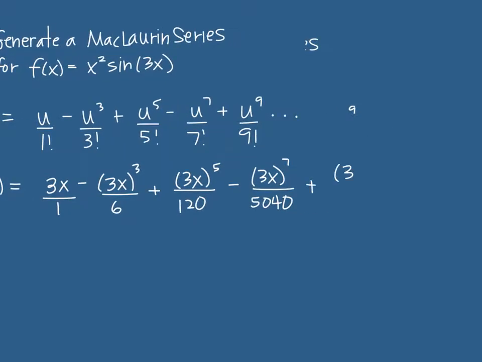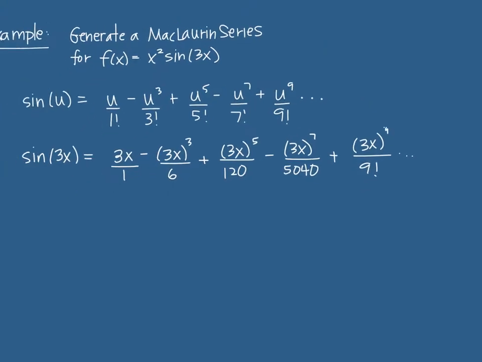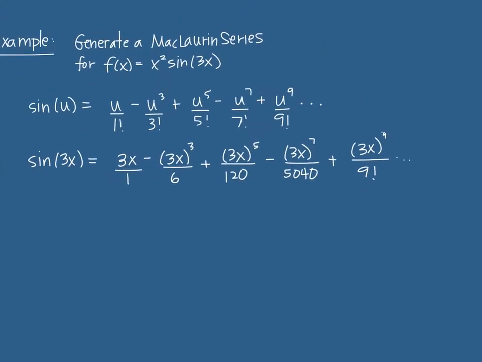I don't know 9 factorial, I'll confess. Okay, so there we go, 9 factorial, dot, dot, dot. All right, that's sine 3x. So then how do we make it x squared sine 3x? Distribute an x squared into the whole thing. So x squared sine 3x